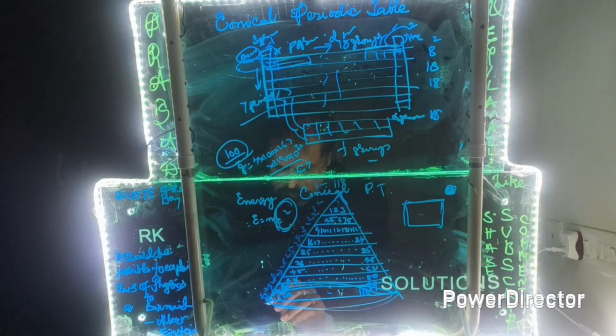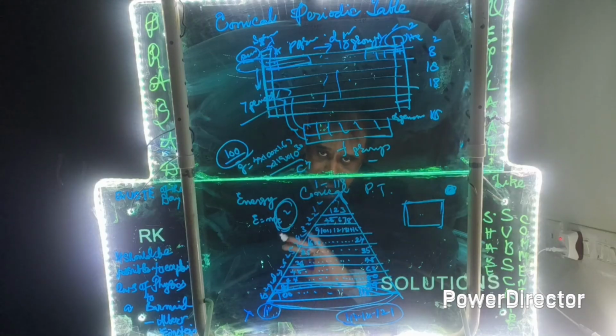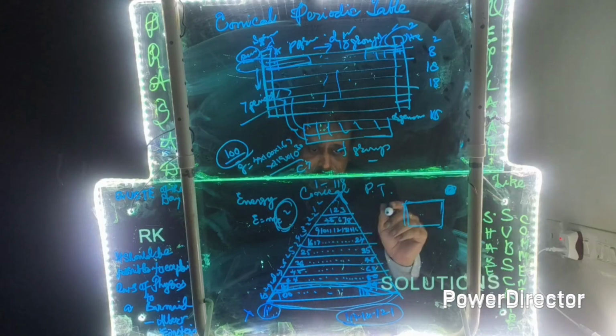When we come to 11 squared, this would become 121, right? 11 squared is 121. So this is above 119 and 120. We need not consider 11 squared because this will go into the next